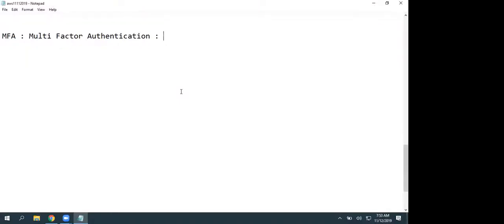Okay. So multi-factor authentication, you know this. For example, let's take Gmail. You're logging in from a brand new device, so Gmail is going to suspect that login activity. They will send a 6-digit PIN, so you need to enter it, and only then will it allow you to log in.